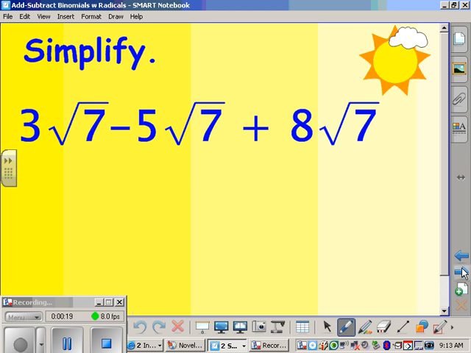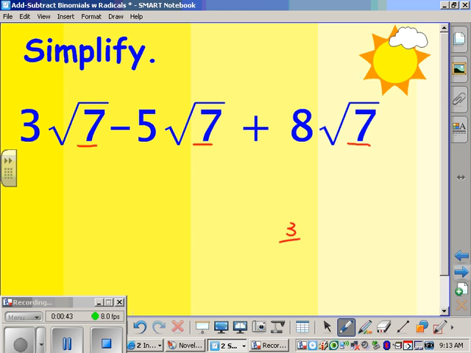Now, in order to be able to add these, they need to be like terms. To determine if radicals are like terms, you look at the number under the radical sign. As long as they are the same numbers, they are considered like terms, which means these can all be combined together. Now, when you combine them together, the number under the radical stays the same, similar to when you're adding